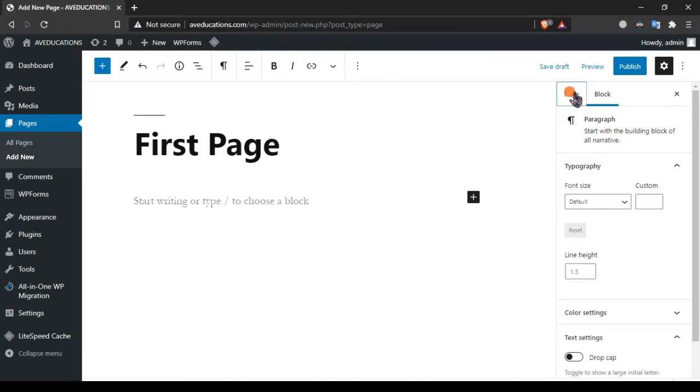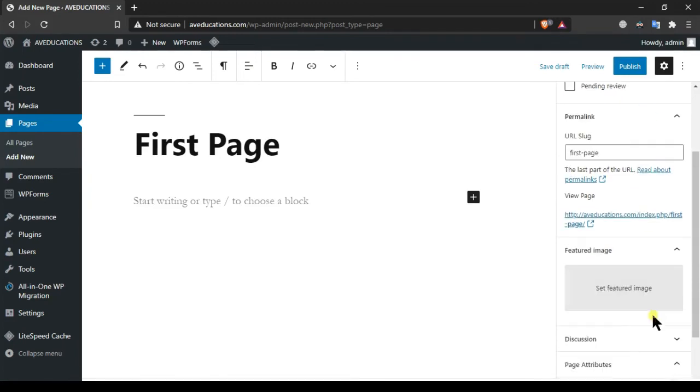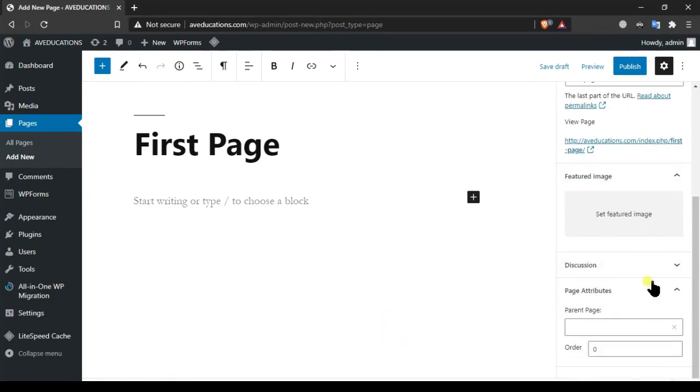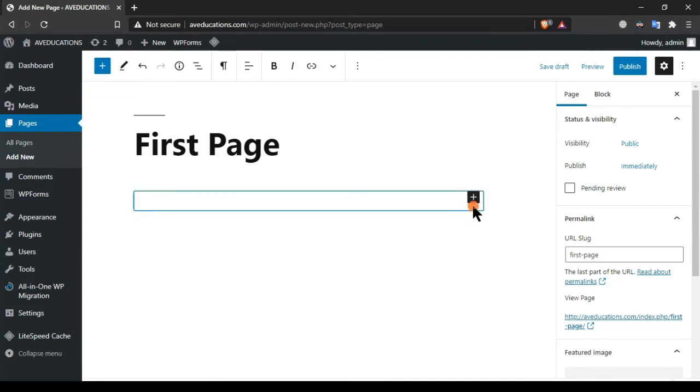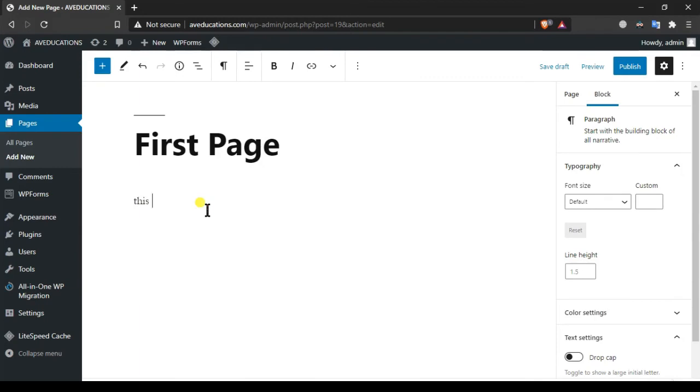So you can create a page like a post, but there is a difference between a page and a post, which I will tell you in the next lecture. But for the current scenario, similarly you can create a new page. This is where we can write. This is my first